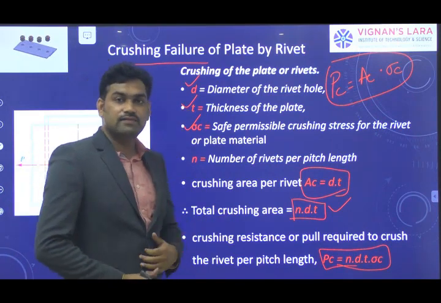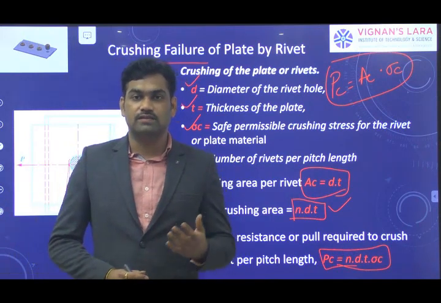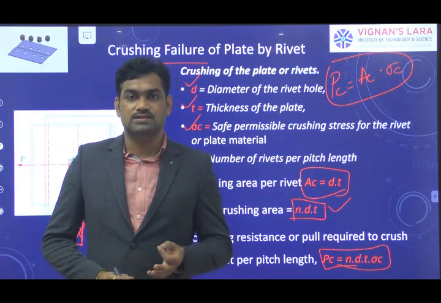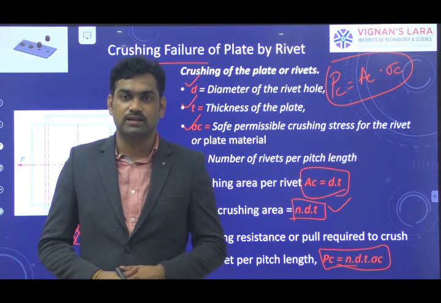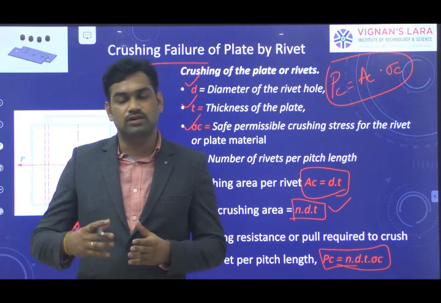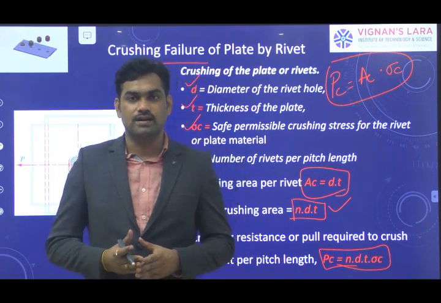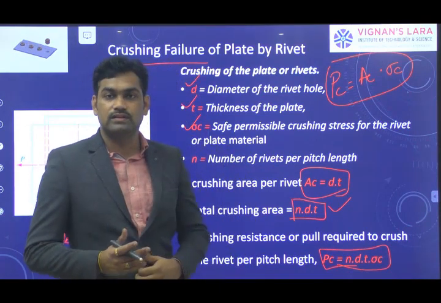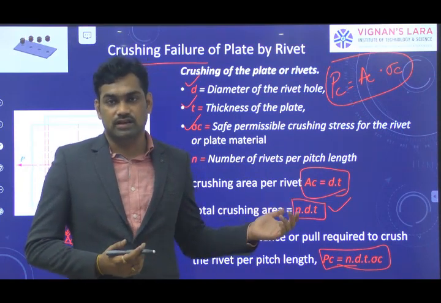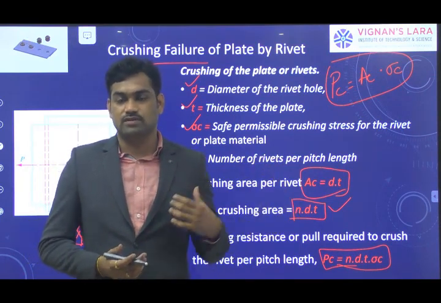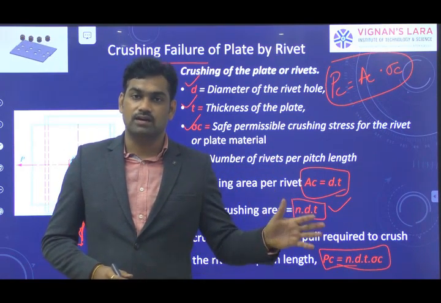Clear? So these are the three different strengths we need to calculate for the riveted joint. The first is the shear strength, another is the tearing strength, and the third is the crushing strength. Along with that, you can also provide the proper margin, that is M equal to 1.5D, so that you can avoid shearing of the plate as well as tearing of the plate in the marginal area. Apart from that, you need to find out the three strengths: the shear strength, the tearing or tensile strength, and the crushing strength. By means of these expressions, you can avoid the failure of the riveted joint in these particular cases.